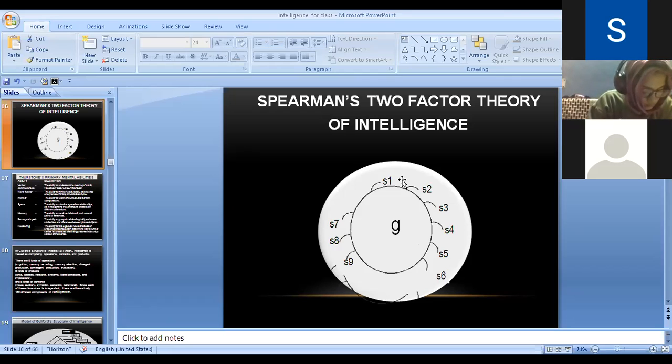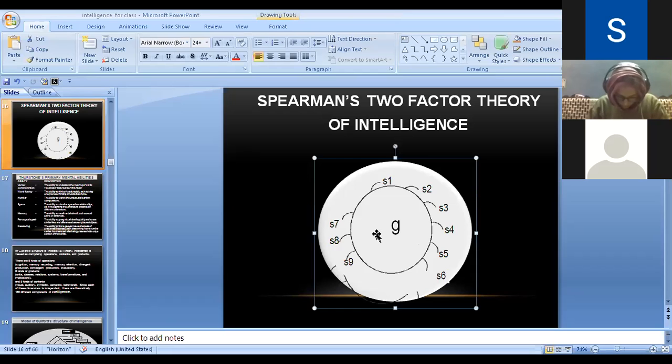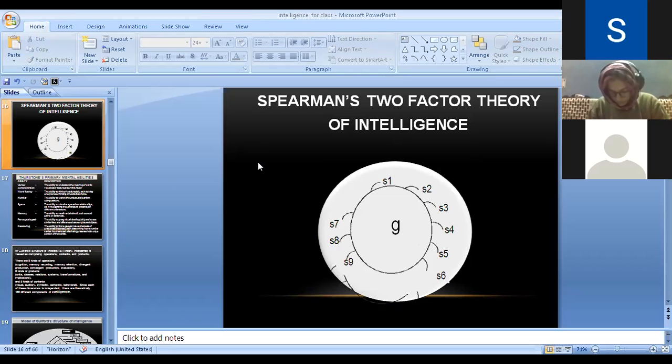These were the two, and most of our tests which were developed in the beginning were based mostly to measure the general intelligence of the person, and these specific abilities were measured by the aptitude test. Spearman's theory, when it came in the beginning, was recognized quite a bit, and it did create a commotion in intelligence testing. But later, people started criticizing Spearman's concept, and they started saying, like when Vinay Kamath was there, Vinay was only insisting on one factor, and if you go through his test paper, you will find that most of the questions